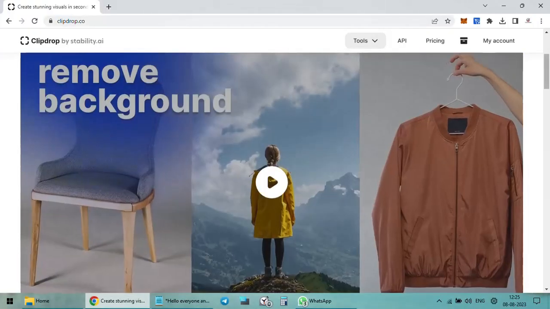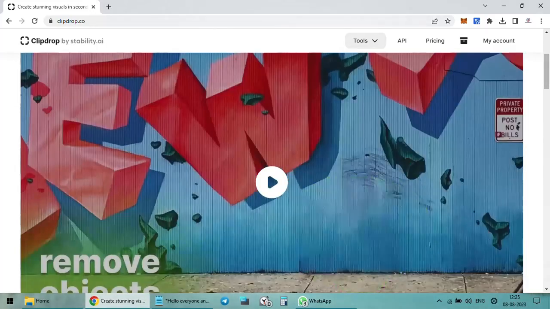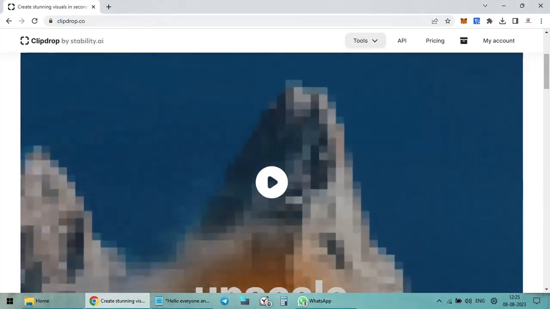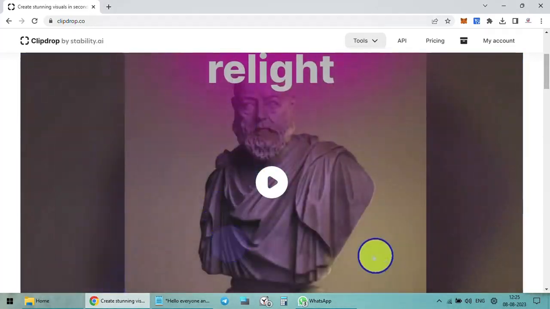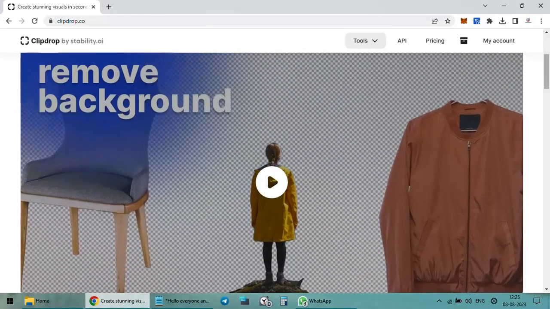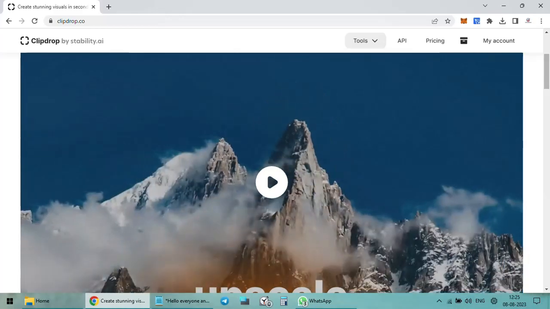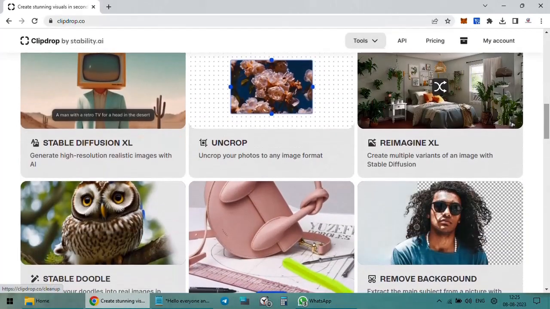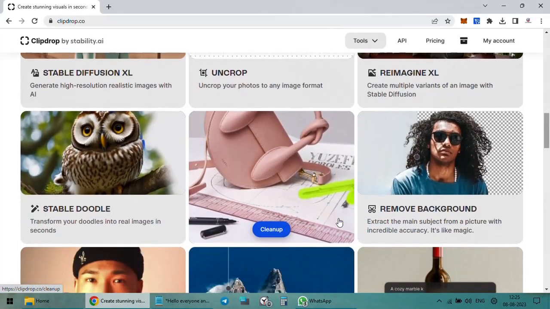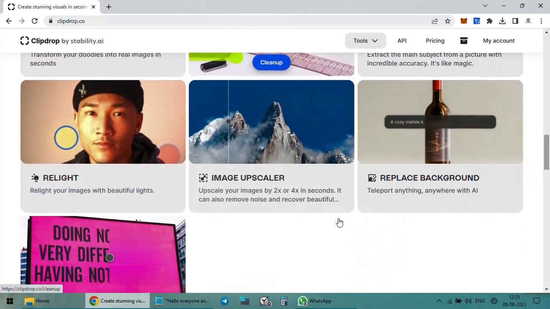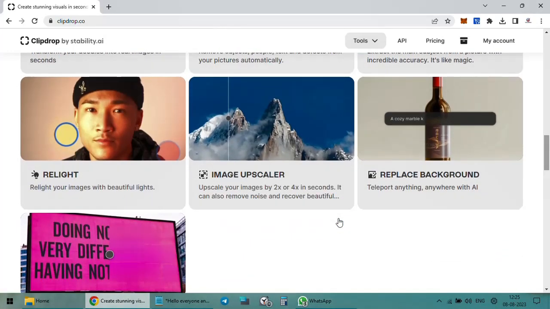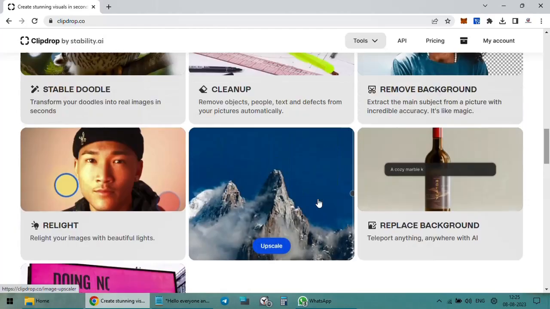Hello everyone and welcome to a new video, continuing with a series of AI tools. Today I'm bringing to you another tool called Clipdrop, which is an image editing tool by which you can generate images, you can create stable diffusion, uncrop, crop, create doodles, remove background, replace background, upscale your image, and lots of